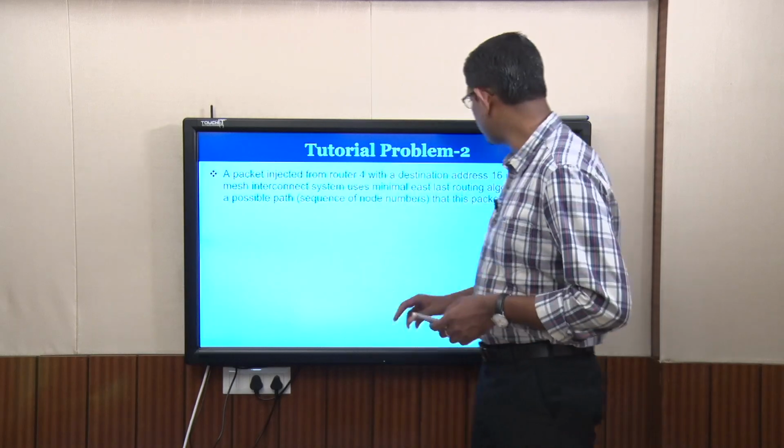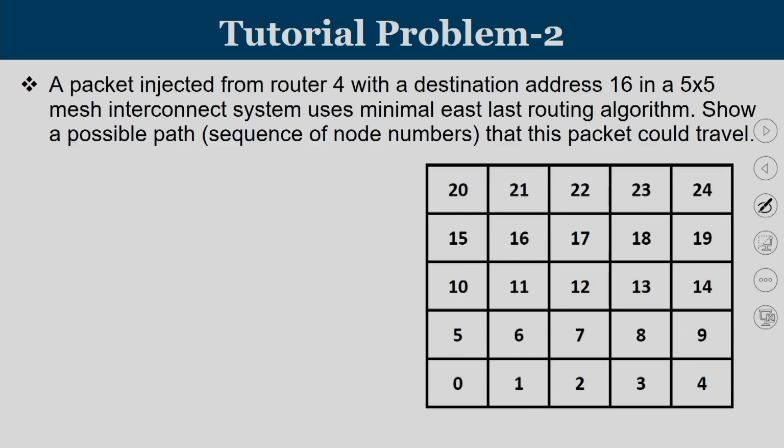algorithm. So, let us take a 5 by 5 network. What you see here is a 5 by 5 network, and always in NOC related problems, the numbering starts from bottom left to top right. So, 0 is at bottom left, goes all the way to 4, then 5 starts in the new row, like that 24 is on the top right corner. Now, what we are talking about is a packet, it is starting from router number 4, that is the source, and the destination address is router number 16. So, a packet from 4 to 16 is what they have to go.